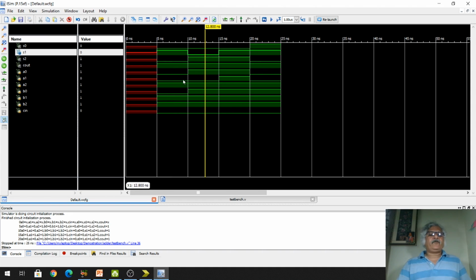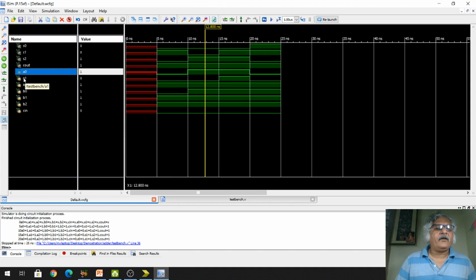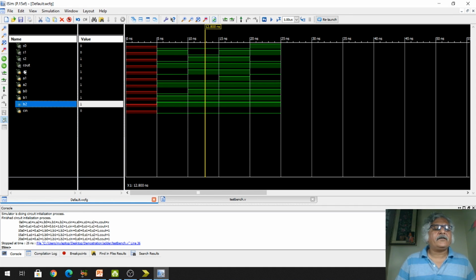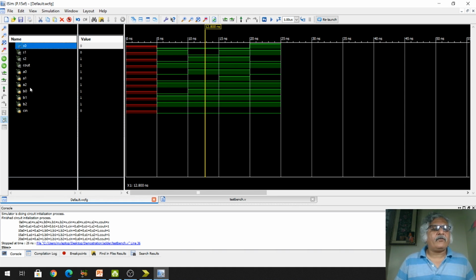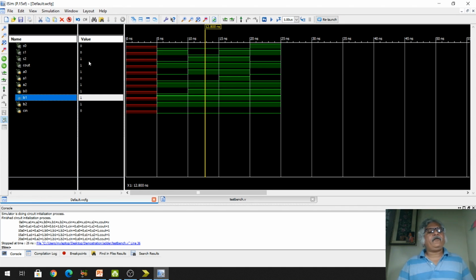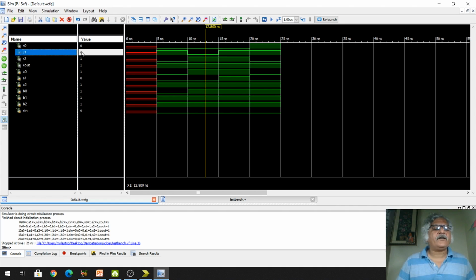Now the second stimulus, if you check, the values of A0 is 1, A1 is 0, A2 is 1, B0 is 1, B1 is 1, B2 is 1. So if you add these, what will be the result? A0 is 1, B0 is 1, 1 plus 1 is 0, carry is 1. So S0 is 0, okay. Then A1 is 0, B1 is 1 and previous carry was 1. So 1 plus 0 plus 1 is 0 and another carry is generated. So S1 is 0. See, S1 is 0 and another carry is generated which will be used in the